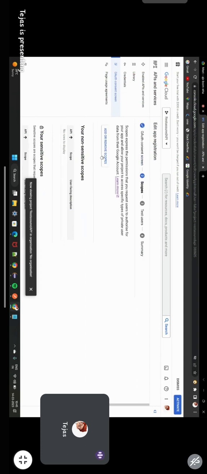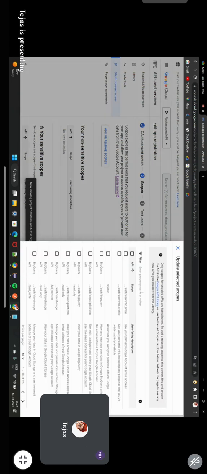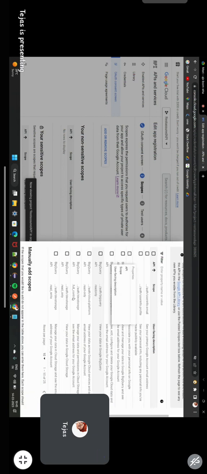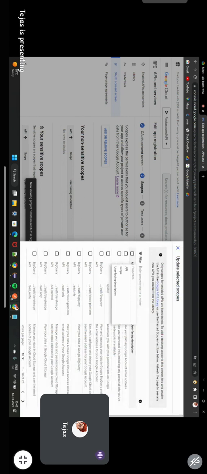Okay. Add or remove scopes. So the same scopes whichever we discussed yesterday, whether you want to give read-only access or write access to some of the platforms of Google, it depends on you. I usually take labels. Where is label? Somewhere it will be there. I have the URL of label. So what I will do is